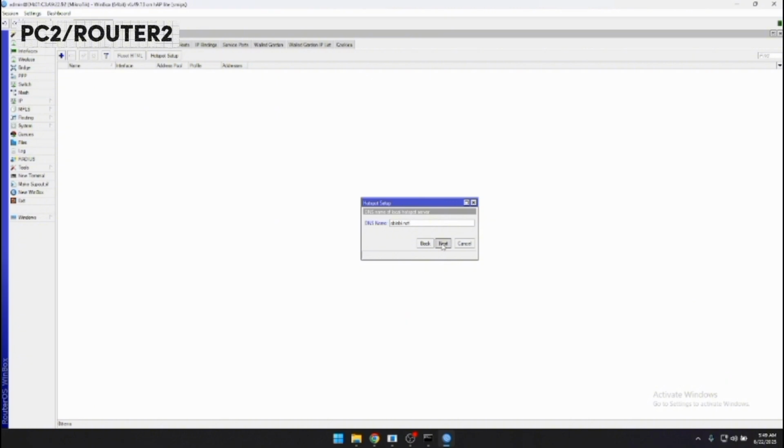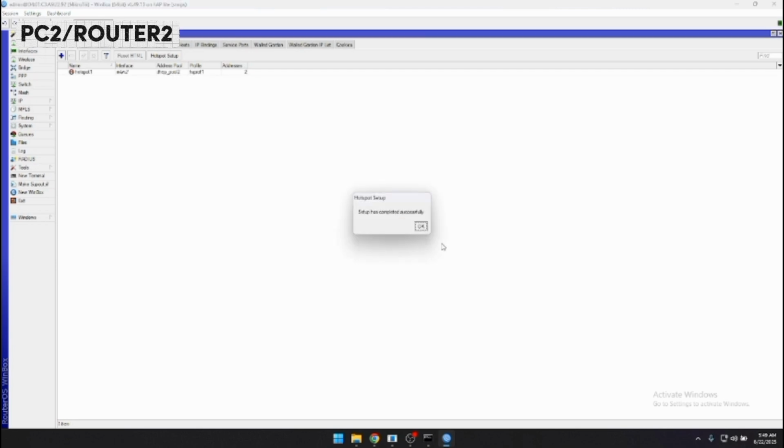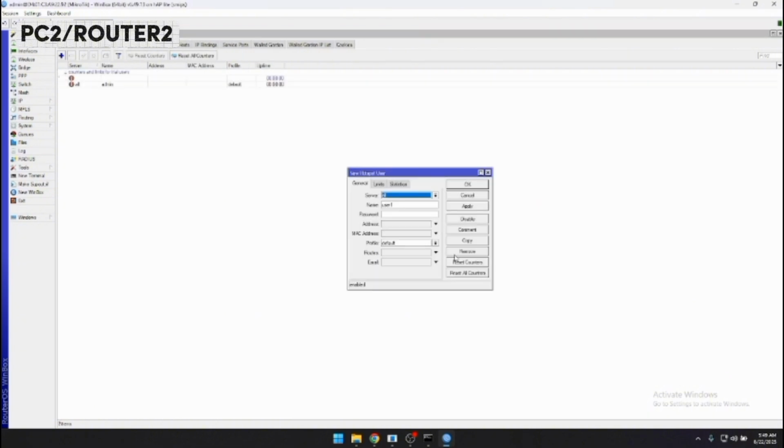In this you must add the name for the hotspot. Next. After this, you go to user and add, free, my friend.